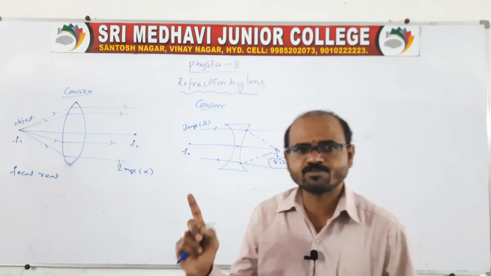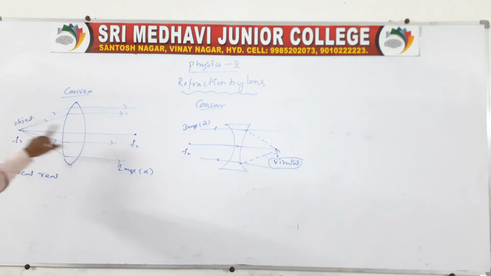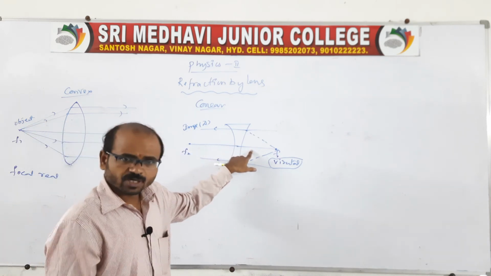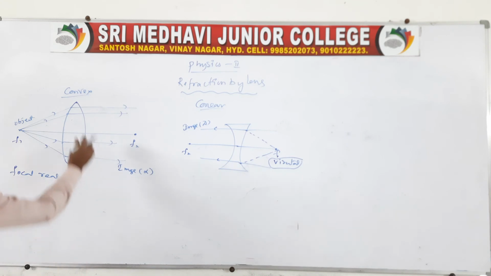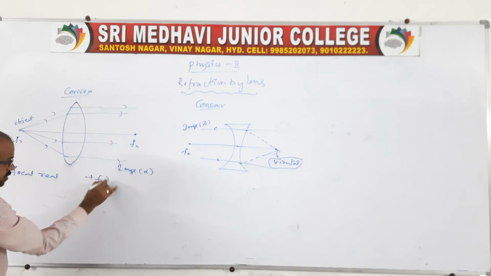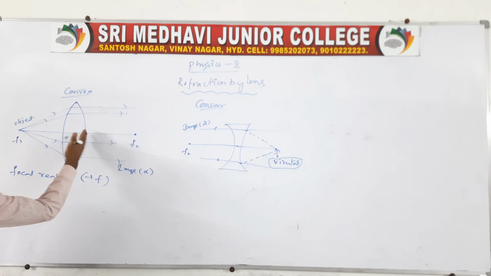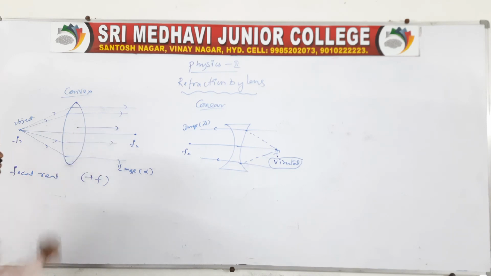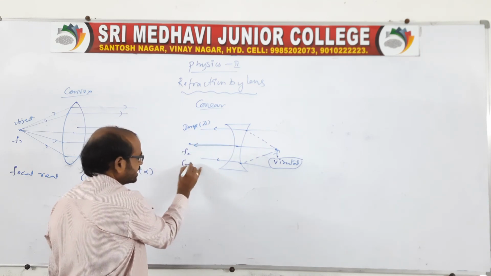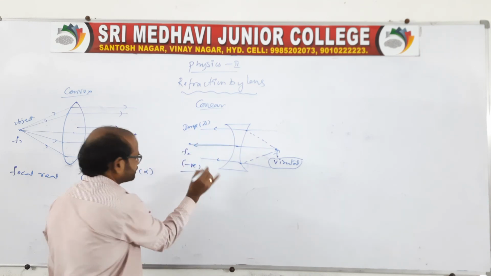This is very important. In this case also you take only the second focal point. In this also you take only the second focal point. And here, in the case of a convex lens, what happens to the sign convention? It is a positive focal point, because it is measured from the optic center in the same direction. And in this case, it is measured in the opposite direction, so we can say it is negative.